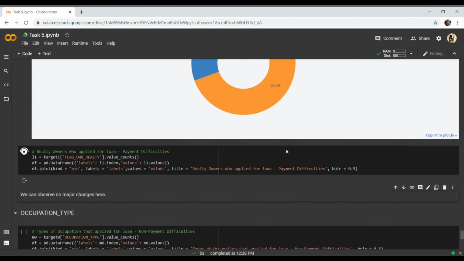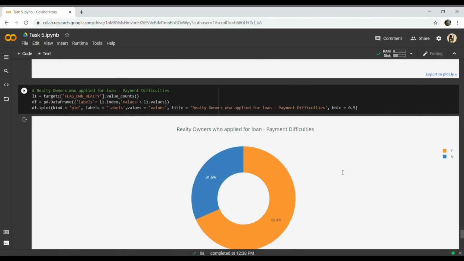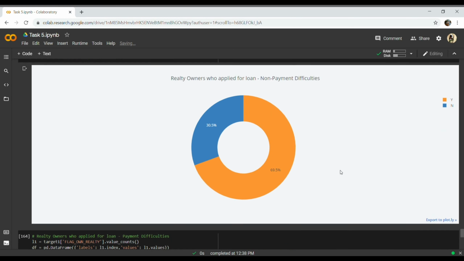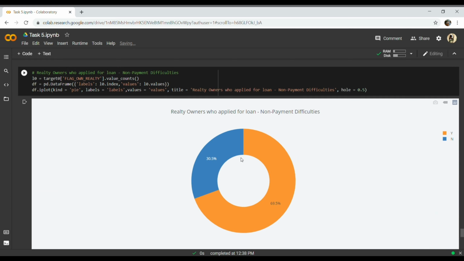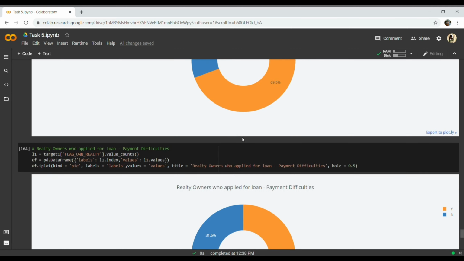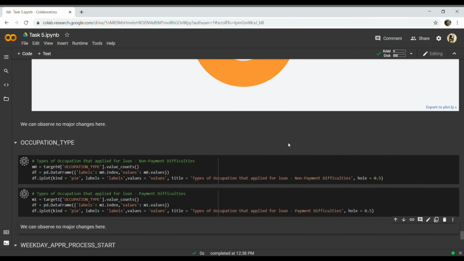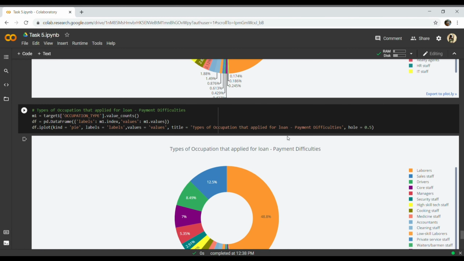Now on reality, the analysis goes like this itself, because we need to check each and every variable, what each one says. Here 69%, 30%, 68 and 31. Still no major change over here. Occupation type.